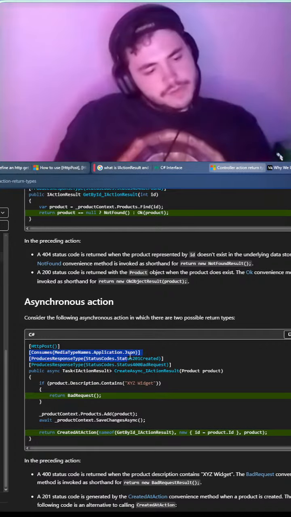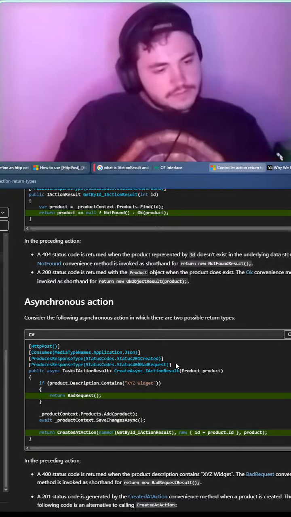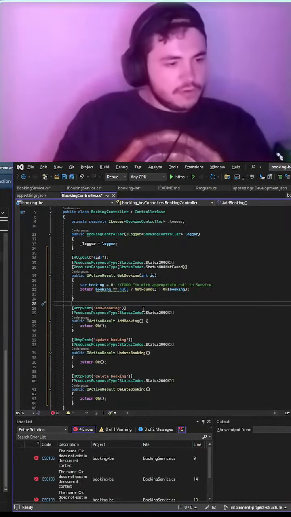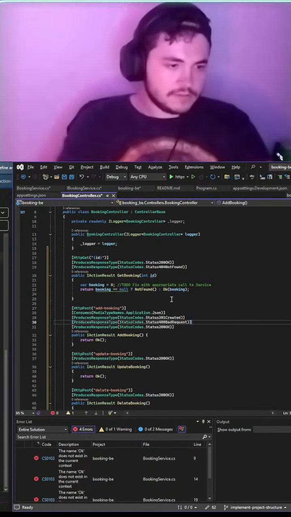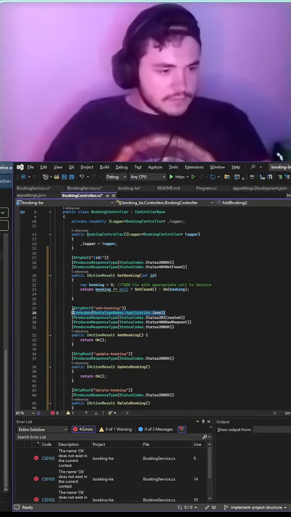I wonder what this does. We'll take that. I'll take all of this. Media type names, application/json.